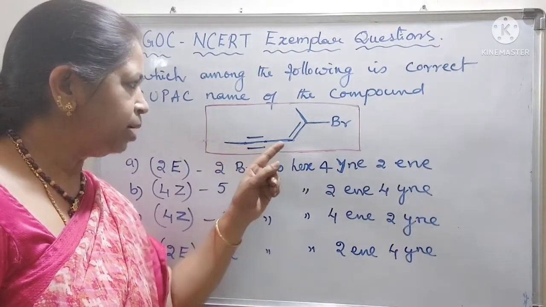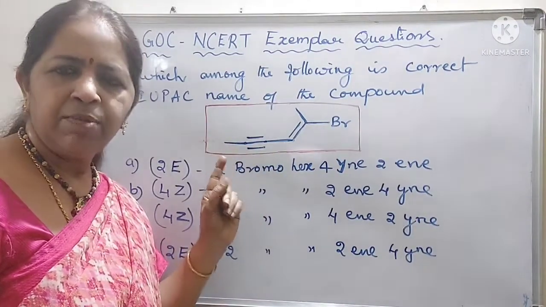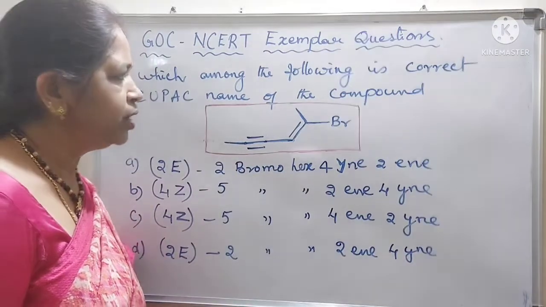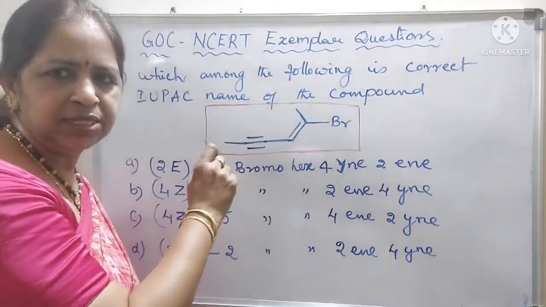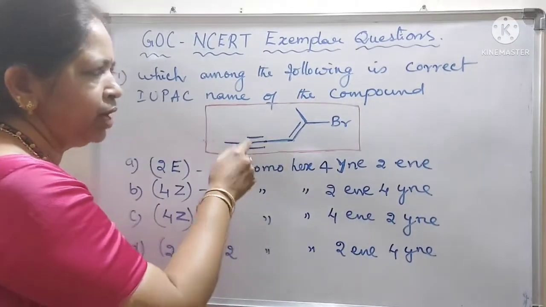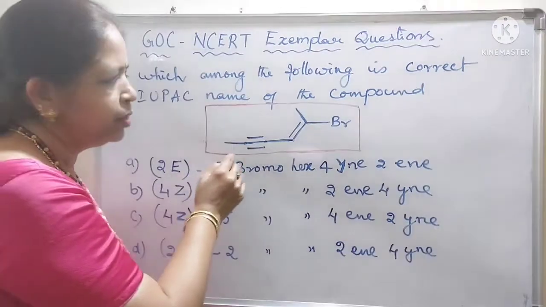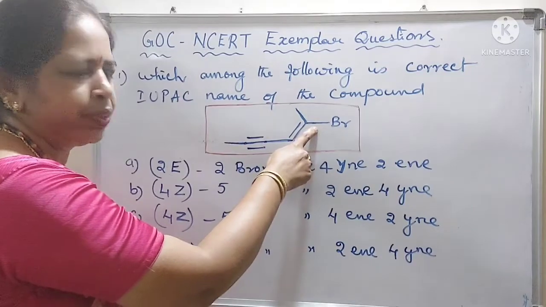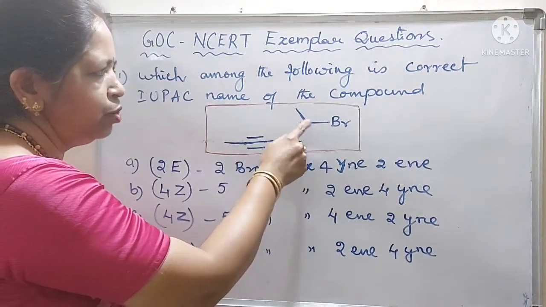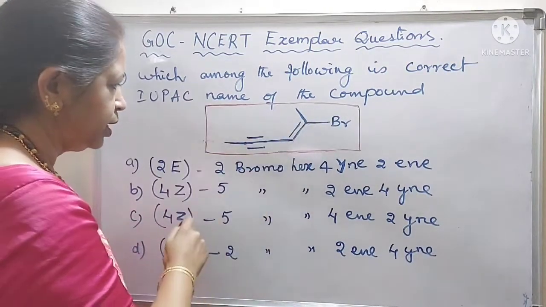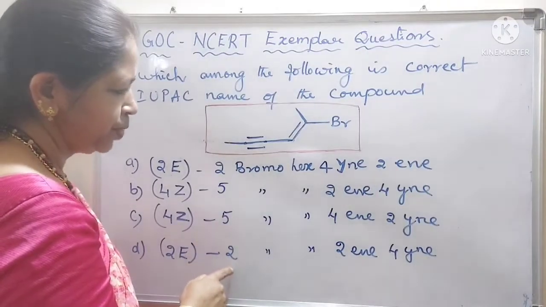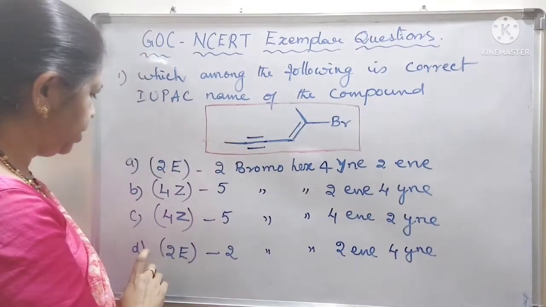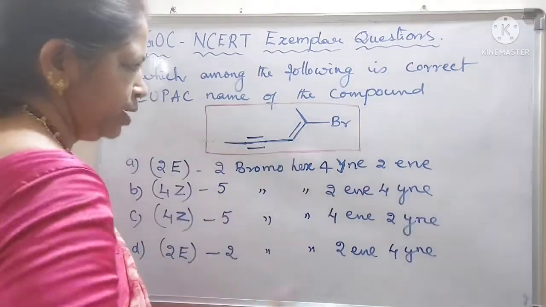This compound has a double bond and a triple bond. Among double and triple bonds, the double bond will be given more preference. So the double bonded carbon gets the least number. So we have to count from the right side to the left: 1, 2, 3, 4, 5, 6. So it will be 2-bromo, 2-ene, 4-yne. Okay students, so the option is D only, but here